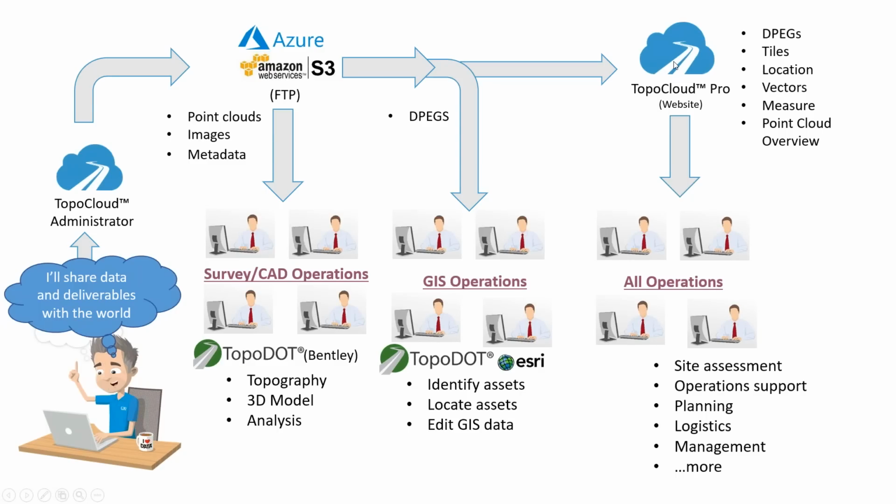TopoCloud Pro is your website. This is a new product. TopoCloud Pro is actually a website that hosts data. It hosts DPEGs, tiles. Well, basically, it pulls from them. You have to host them on Amazon or Azure, and then with TopoCloud Pro you basically give a URL out